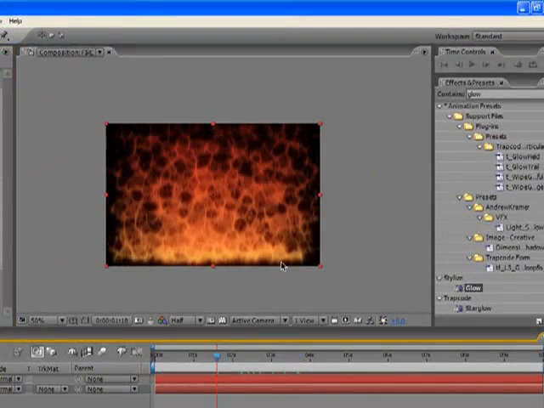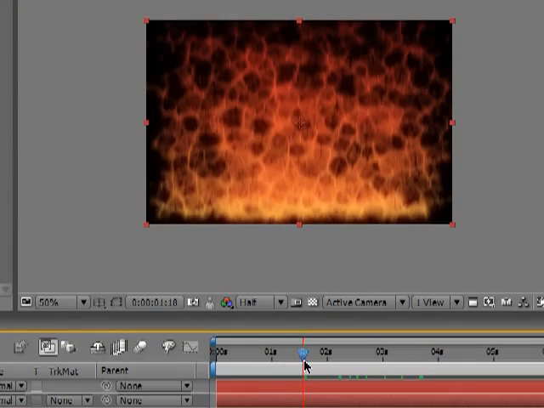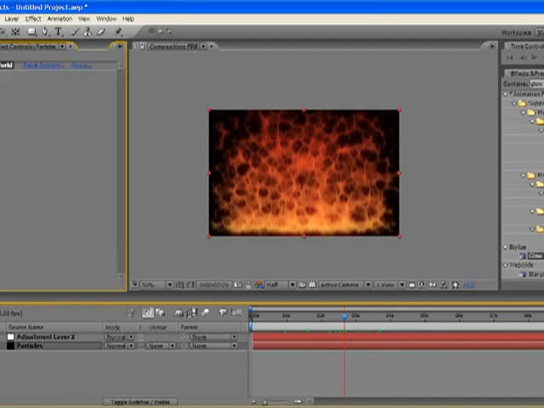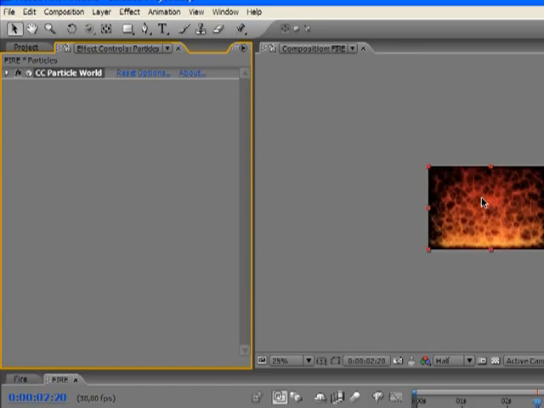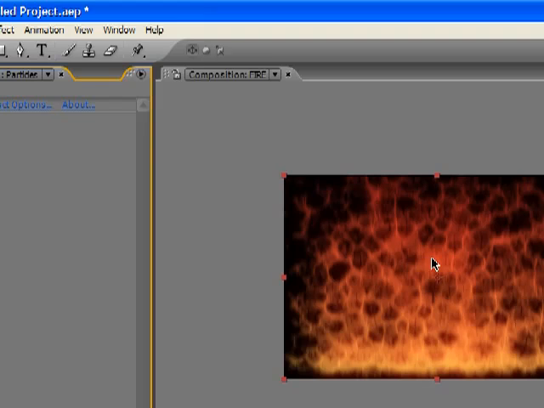You can use it as a background for whatever, I don't know, for text sequences, or I don't know, you can even show it to your girlfriend and she'll be like, wow, you can create fire with your mouse. And yeah, that's me, you know. But as most of us After Effects guys don't even know what a girlfriend is,